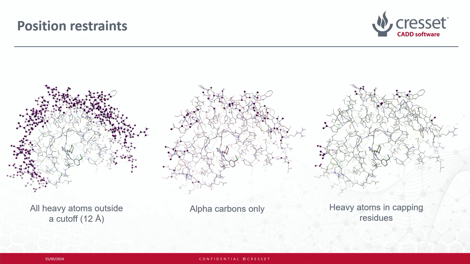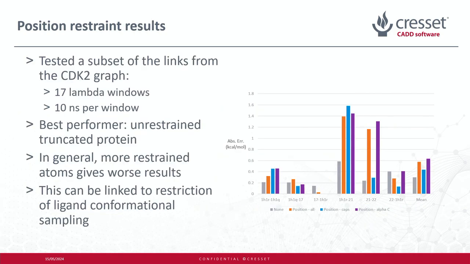So we tested that in an initial, quite small set of links from the CDK2 data set, just to see how the different restraining procedures behaved. We're looking at these 6 links, and at those 3 ways of restraining the protein, as well as the unrestrained truncated model. And we're comparing the delta-delta Gs from those simulations to the ones from the full protein